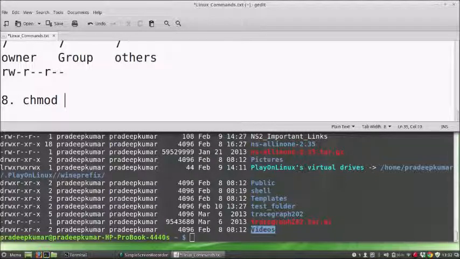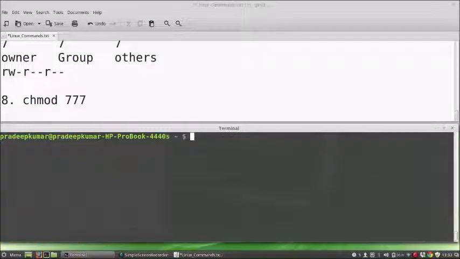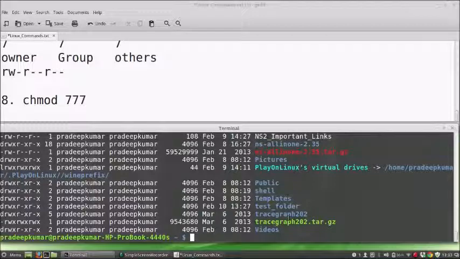So chmod 777, and the name of the file is tracegraph. I'll do it here in the command. You can see the command chmod 777 tracegraph, and this is the file name. So I give this permission, the command is executed fine, and if you use ls -l, now you can see that for tracegraph I got the permission rwx. Though it is not an executable file, I can change the permission to execute it, but it won't execute. But anyhow, I am giving the permission for execution to everybody.